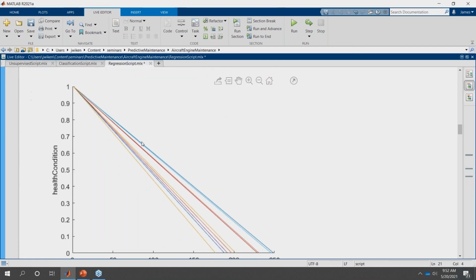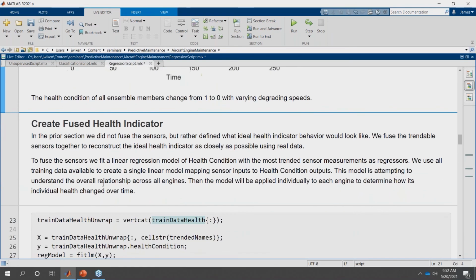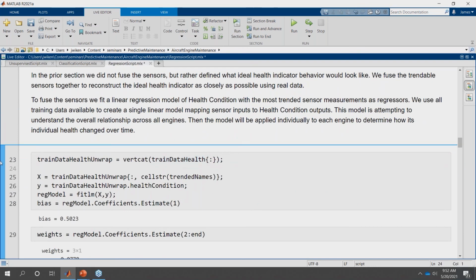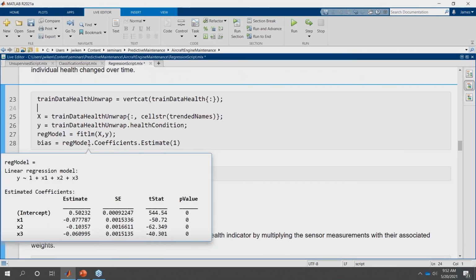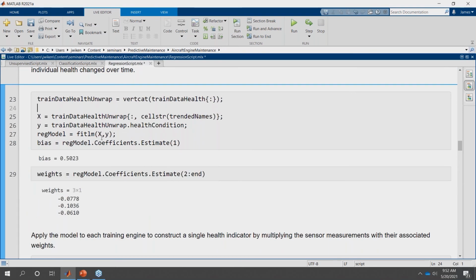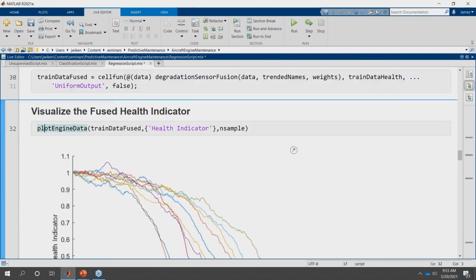Now, we're going to take this ideal health indicator and estimate it based on the actual sensor data that we have. This is what's called making a fused health indicator. There are a number of ways we can do this, but we're going to do a really simple one here. We're just going to fit a linear model with those 3 top sensors that we pulled out as the input data, and the output data being that ideal health indicator we had. Okay, so that is training it, doing the fusion, and this is what it looks like right here.